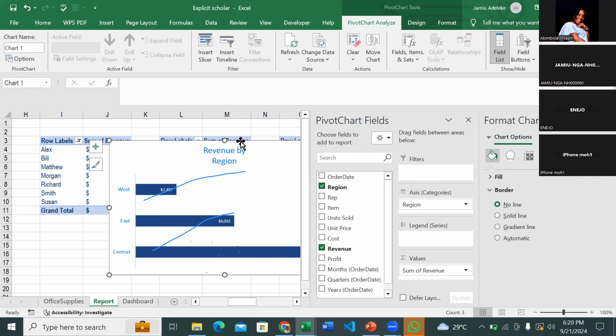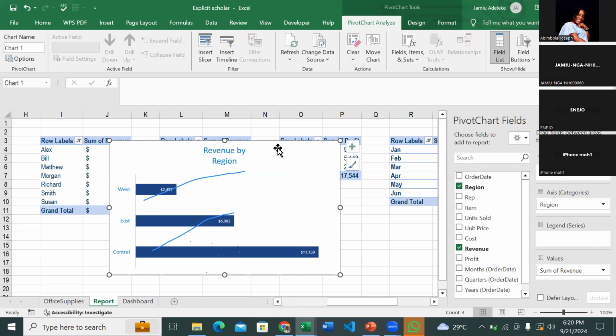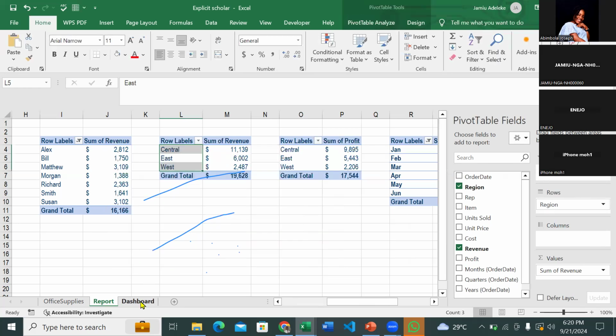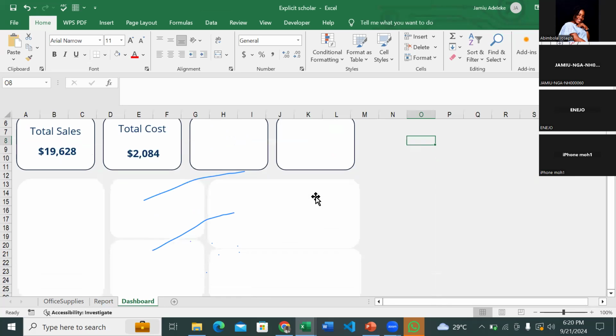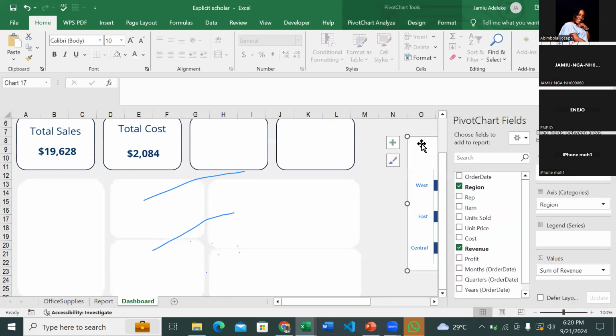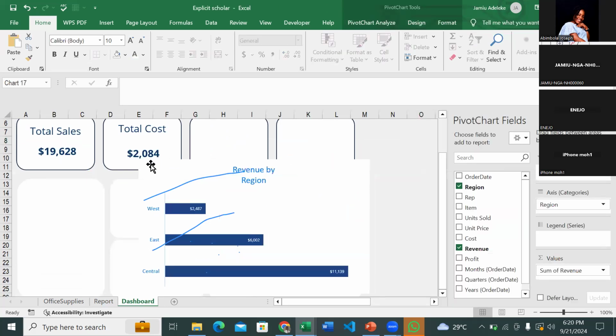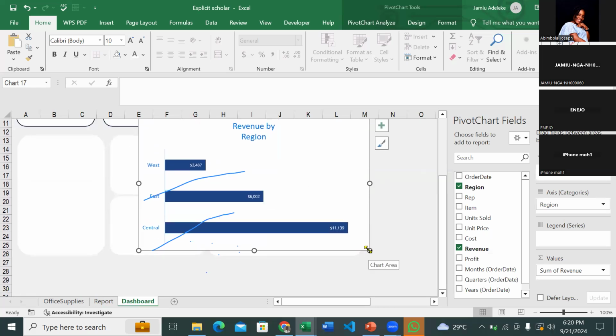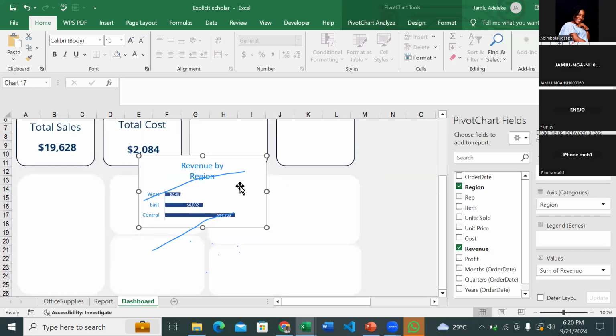No line. So once you are done with editing all these particular charts, just click on this particular chart, then press Ctrl X. Then come to your dashboard, press Ctrl anywhere, just press Ctrl V. So this is your chart here. So just reduce it, and then place it in your wire